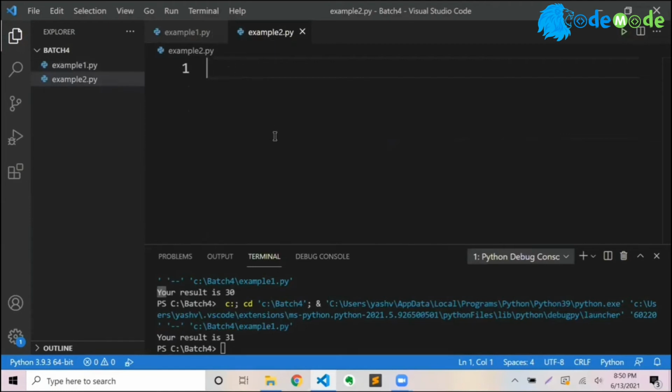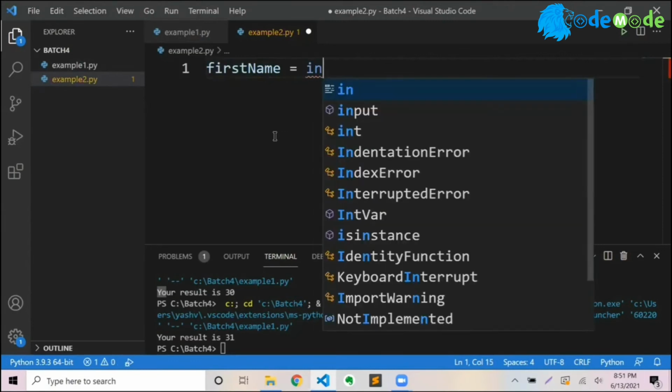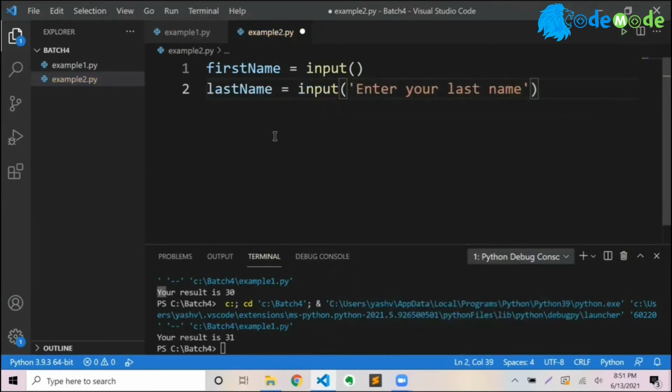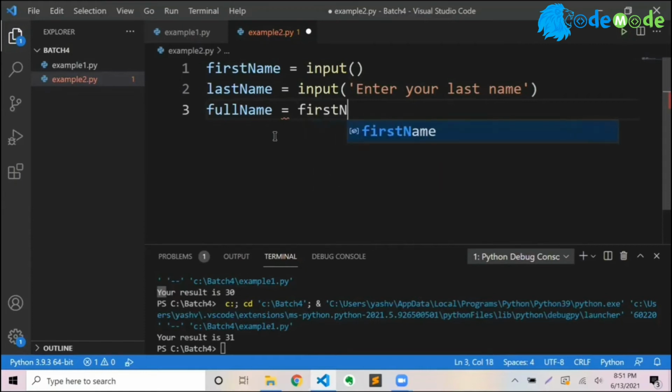I can go ahead and close this file. In this file, I'll say first_name, I can see I created a camel case value. I say input this time. Okay. Second one, I say last name. Again, I created another variable. I'll say input, but this time I say enter your last name. And then I'm going to say full name, which is my computation, a variable. I declared a variable, and then I want to join first name and last name. So I can say first name plus space plus last name.